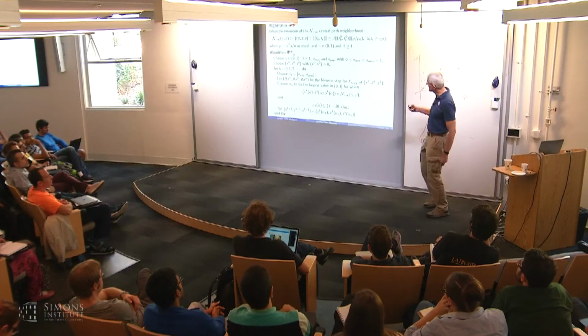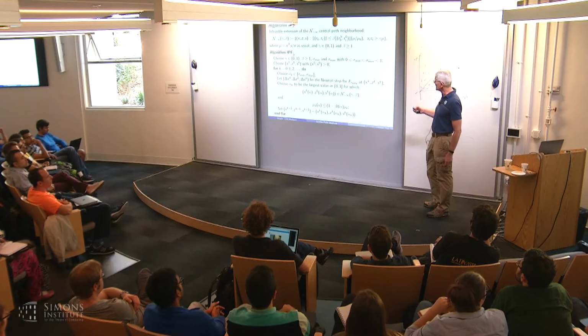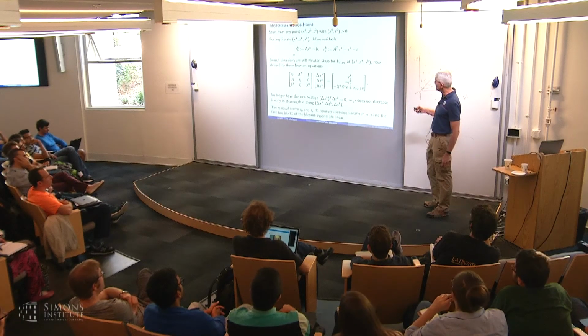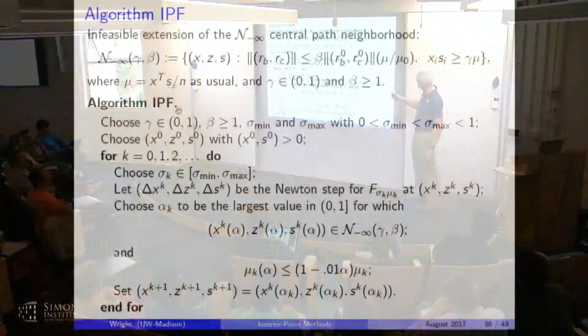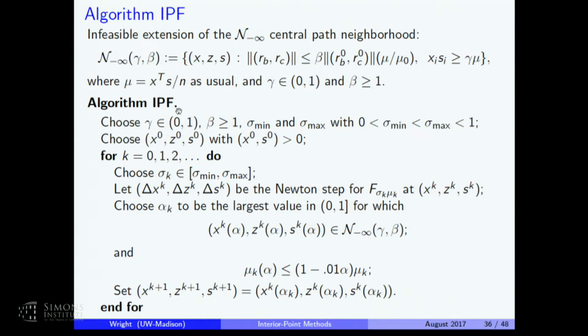In fact, you define this slightly generalized version of the n minus infinity neighborhood, and it looks exactly the same as it did before, except it's got this extra condition in it. So again, here it is. Again, you want xi si to be greater than gamma mu, but you put in this extra condition that the residual at the current point, that is the infeasibility in those two linear equalities, is bounded by this multiple of mu, which is the current value of the duality gap. So you somehow keep xi and si always positive, but